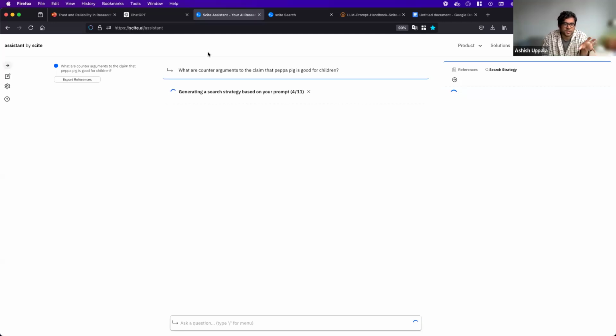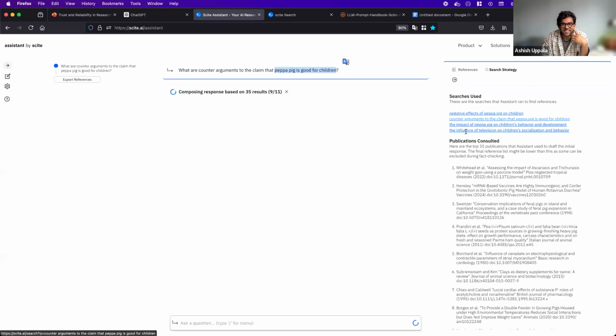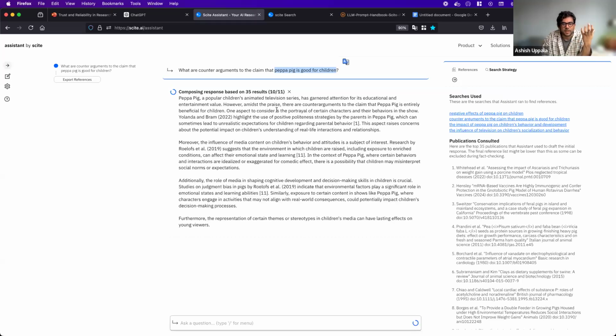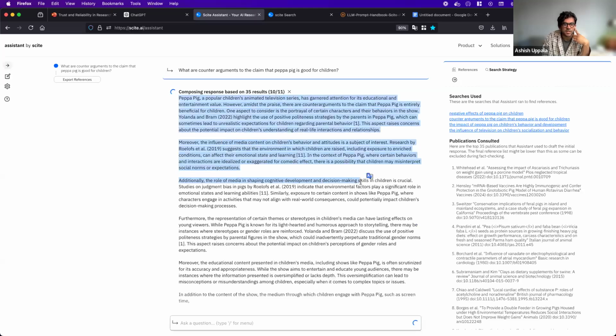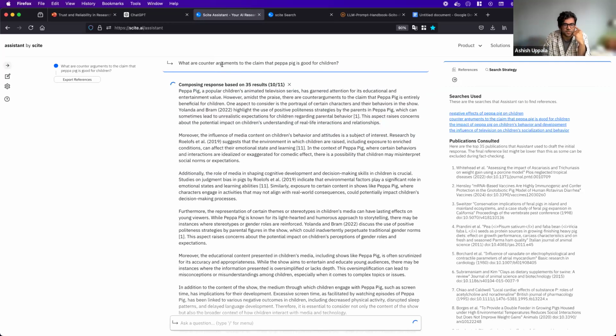So in the past, we were just looking at a general overview, and it was casting a pretty wide net. Now it's looking at the specific claim, but trying to find information that's on the flip side. We see the exact same process again. We're looking at a search, we're looking at publications, but you'll notice that the answer it generates is more focused on answering the question about counter arguments, right? So it's looking at things like the influence of media content, and still drafting an answer. It's looking at shaping things like decision-making skills, themes of stereotypes. So you'll see that the information it's pulling suddenly changes based on your interest in looking at counter